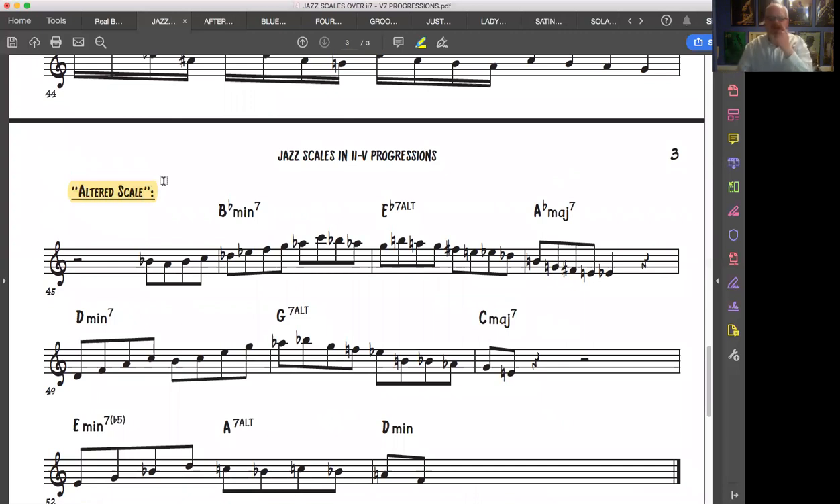So hopefully this has given you some new insight, not only vertically from last session, but also horizontally in this